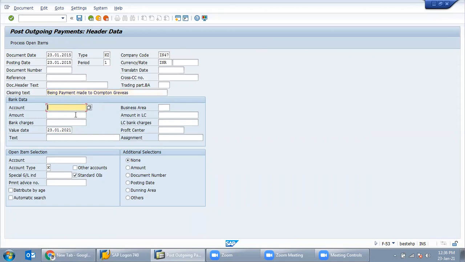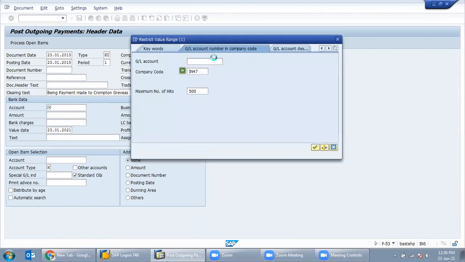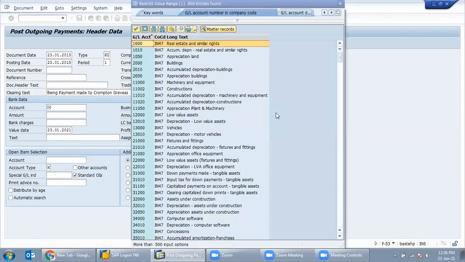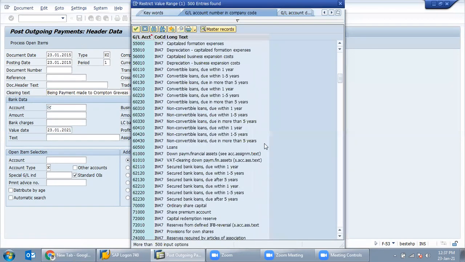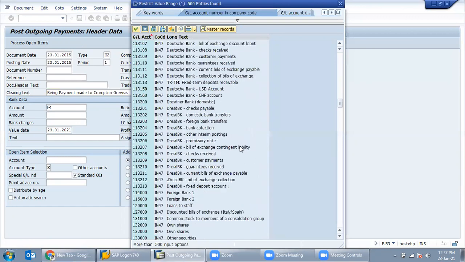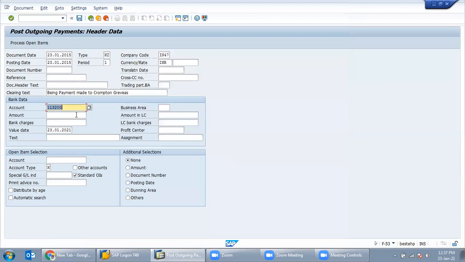So here we need to select a bank account, from which bank we are doing the payment to that particular vendor. Just click on the drop down and select one bank, your house bank, whatever bank is there. Suppose from this bank account we are making the payment, that is 62,500, the pending amount. Here also we can maintain the narration.